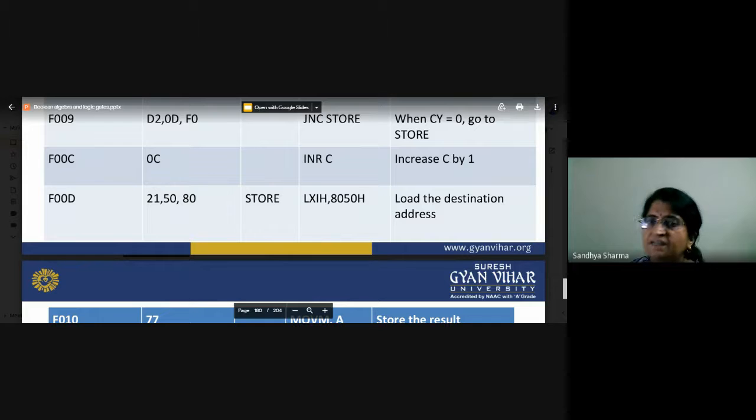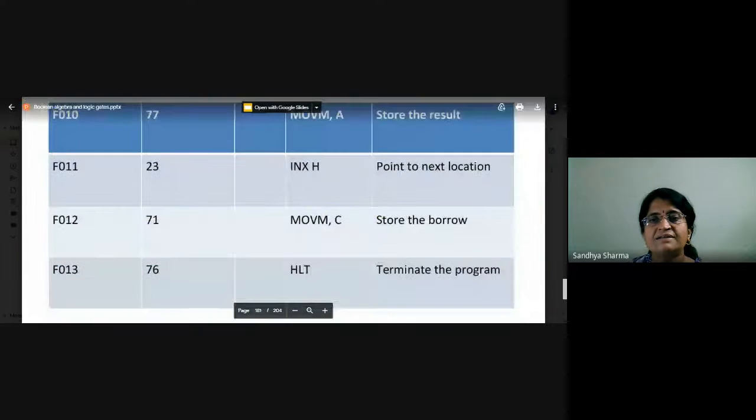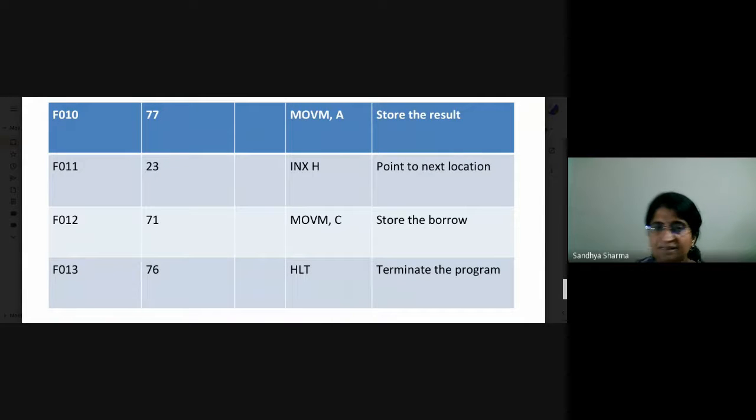Whatever content is stored at 8050 will be loaded to the HL. So that is basically a 3 byte instruction in our microprocessor. Now again there is INX H, an increment to point to the next location. INX H, MOV M to C. So what about the C? What type of data is stored there, the value?